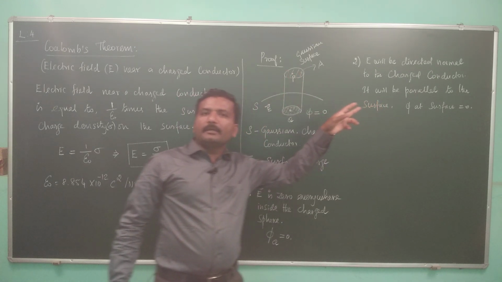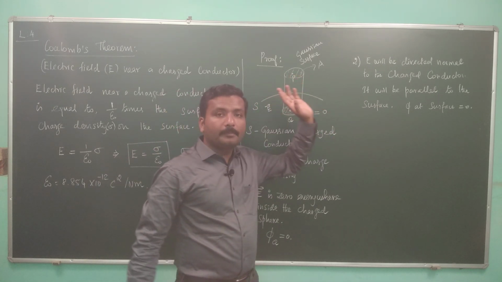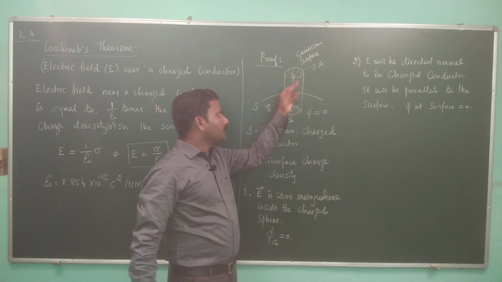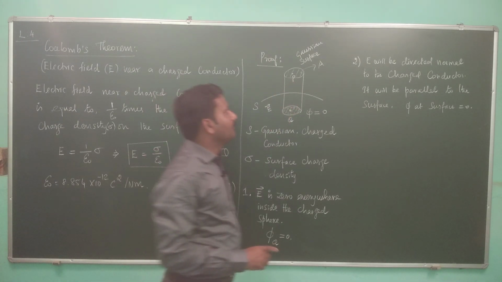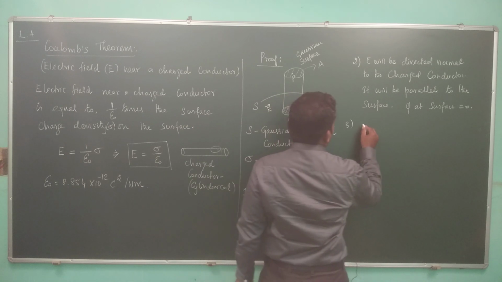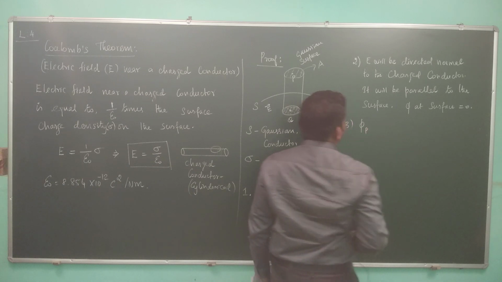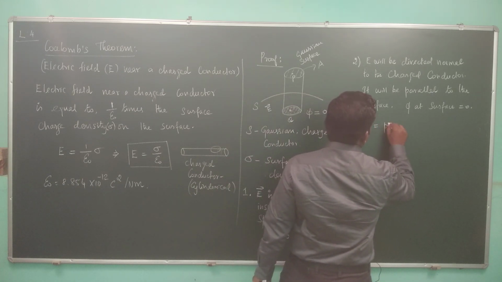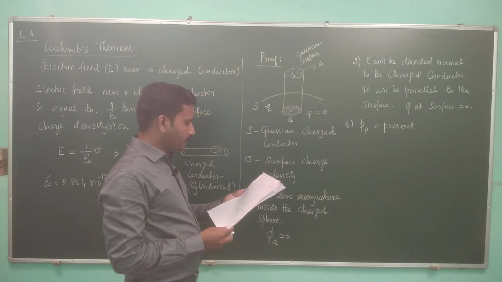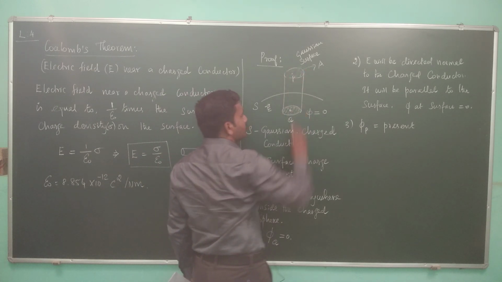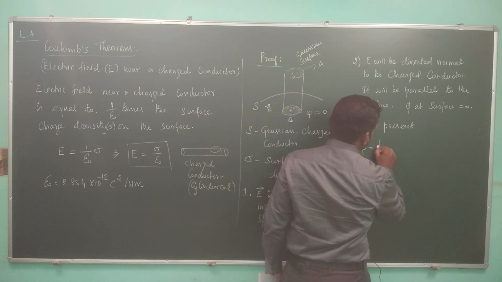There is a cross-sectional surface area, Gaussian in nature, located at point P, which is situated outside the charged conductor. That will contribute to electric flux, so electric flux phi at P is present, and we can calculate it. In this surface we can write electric flux phi, whose equation is